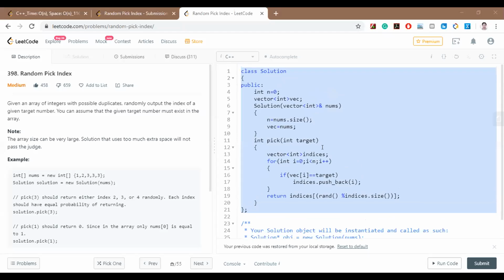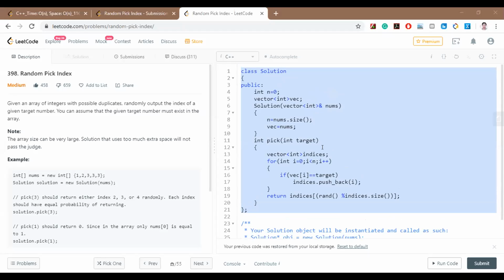For each index the probability should be equal, because if the probability is not equal, then it will give a wrong answer. So what he's trying to say is, if you always return 0 for 3, even if it is repeated 100 times, every time you run that function it will always return the first position of that 3.